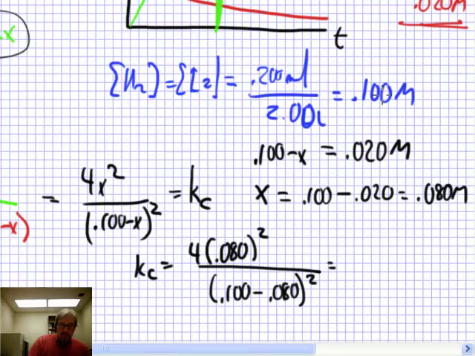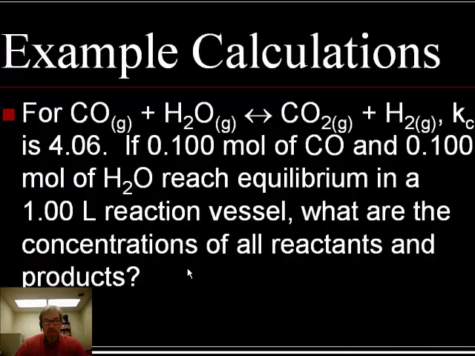What's that equal? The value is 64. Let's look at another example. Here's an equilibrium expression. It's all gases. Carbon monoxide and water are at equilibrium with CO2 and H2. Kc is given as 4.06, and we know that 0.10 moles of CO and 0.10 moles of H2O are reaching equilibrium